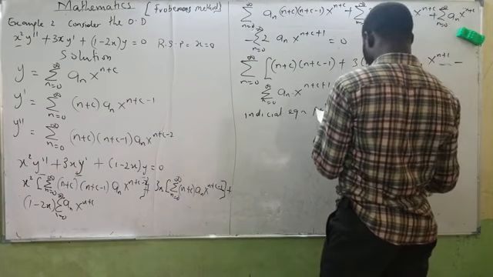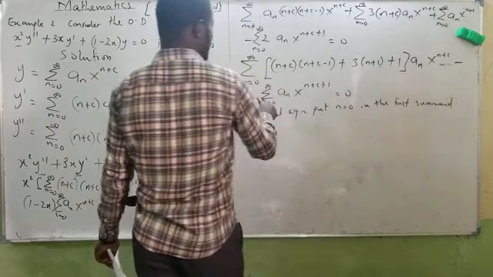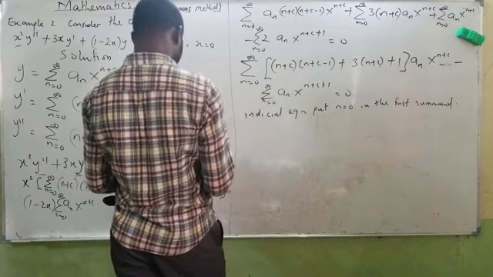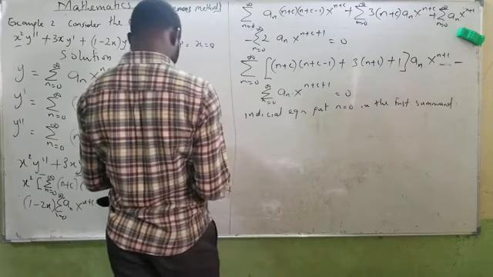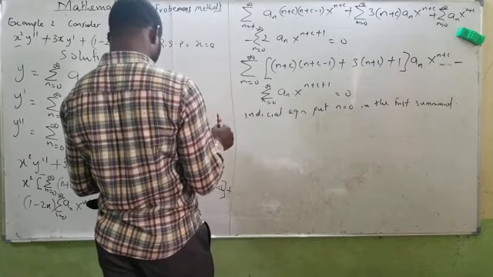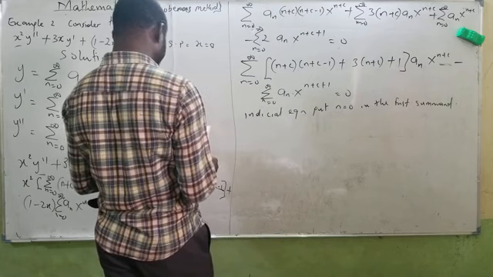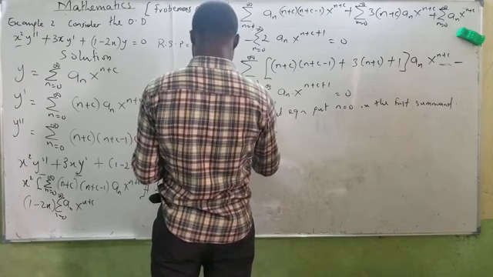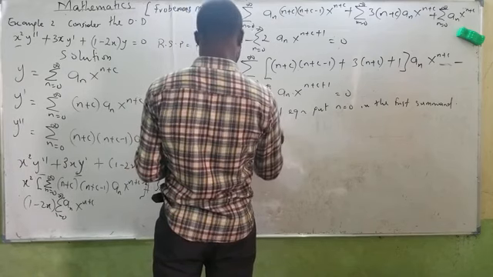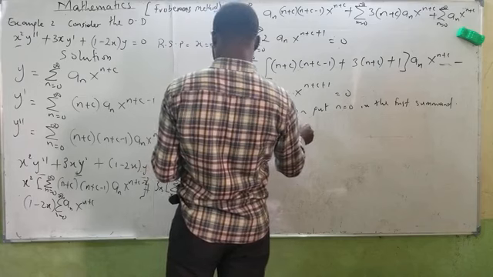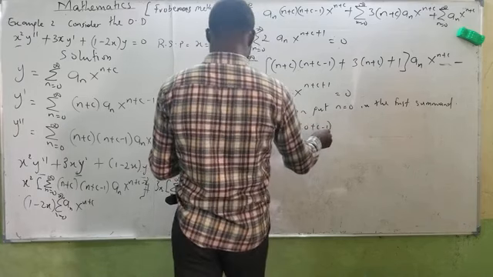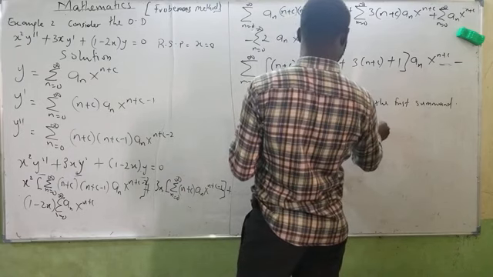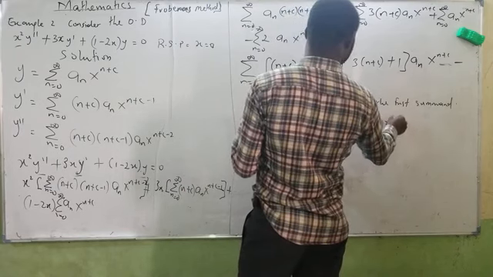Now my first summand, which is the lowest power, is this. It means when I have my n, it will shift by 1. Anywhere I see n, it means I'll be having a naught plus a bracket of n plus c minus 1 plus 3 bracket of 0 plus c plus 1 x to the c plus